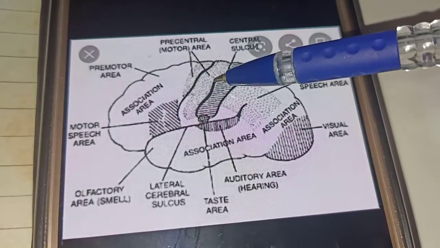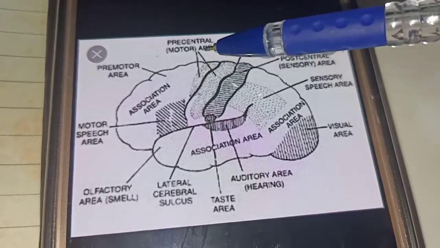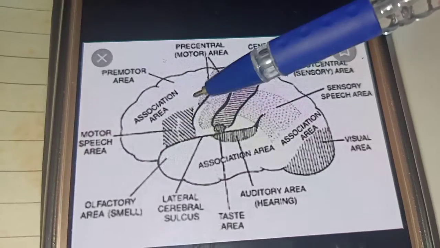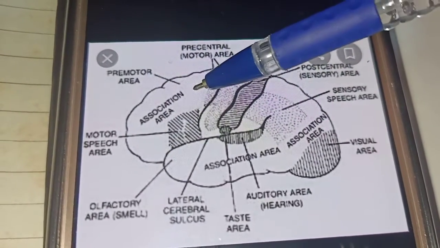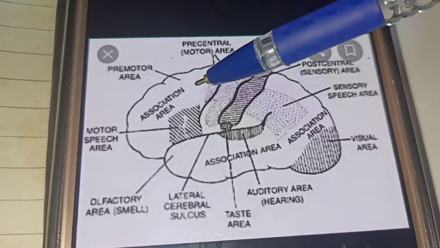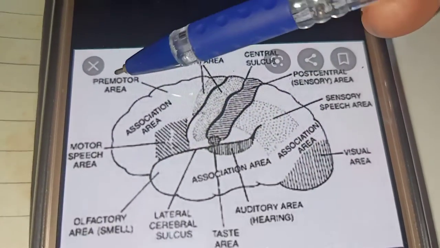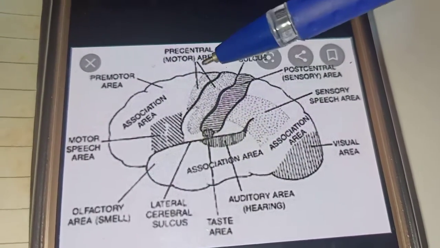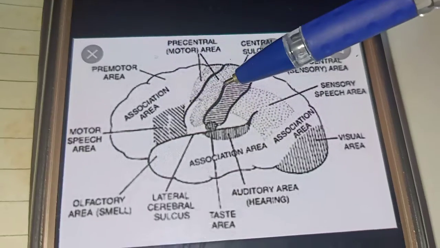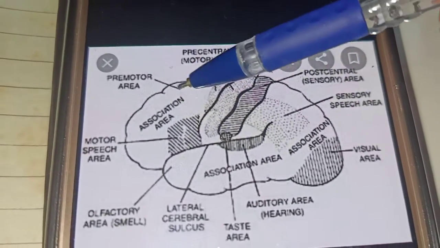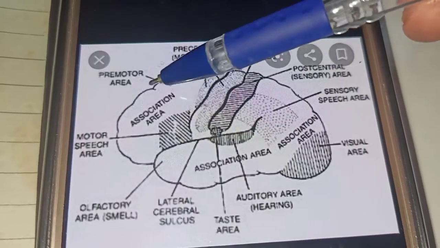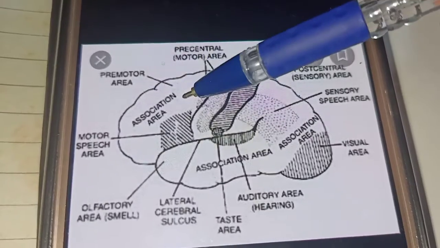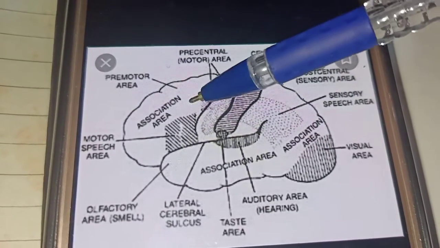This is the premotor area. I am so sorry, this is the premotor area, and it is required for controlling involuntary muscles and the autonomic nervous system. Now this is the motor area, which is for controlling the voluntary muscles. So the premotor area is required for involuntary muscle control.